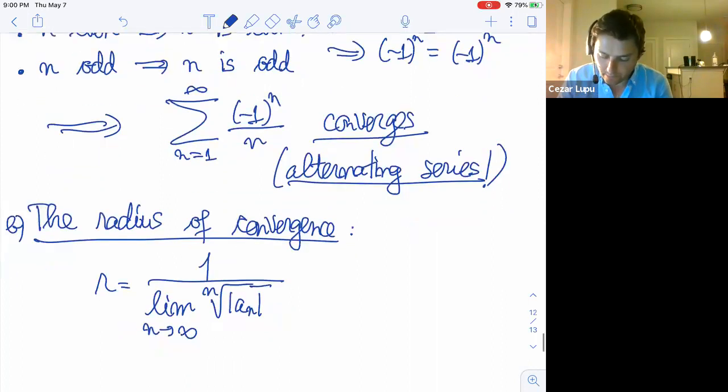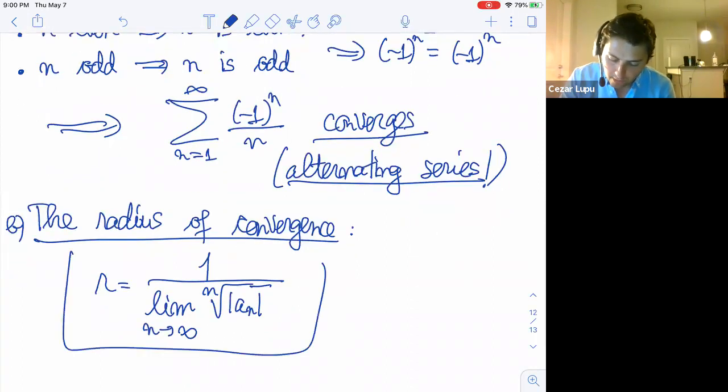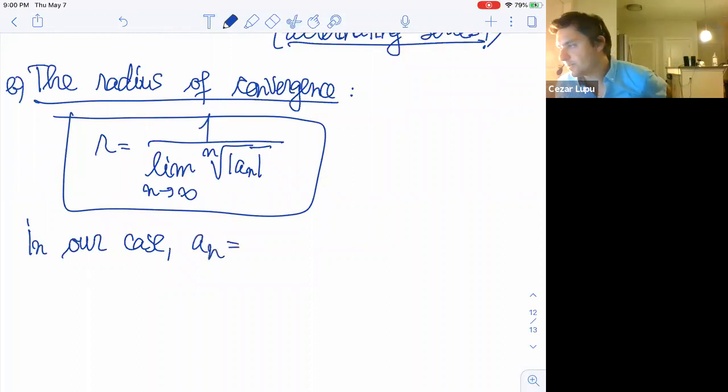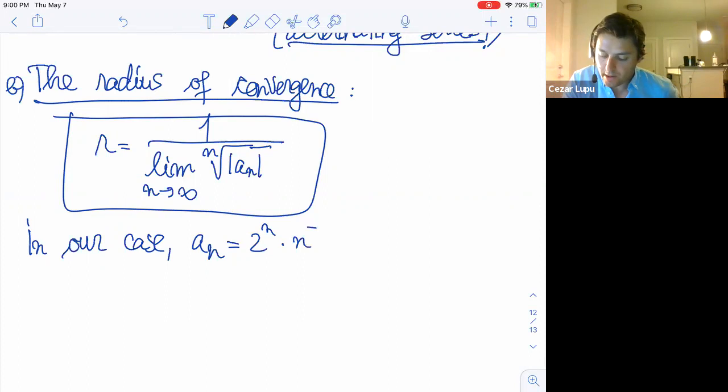In our case, an is 2 to the n times n to the power negative 1/2,